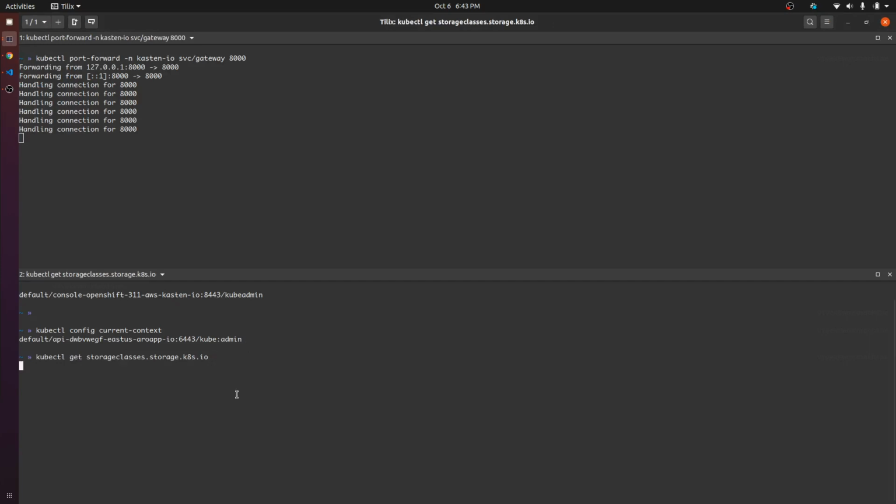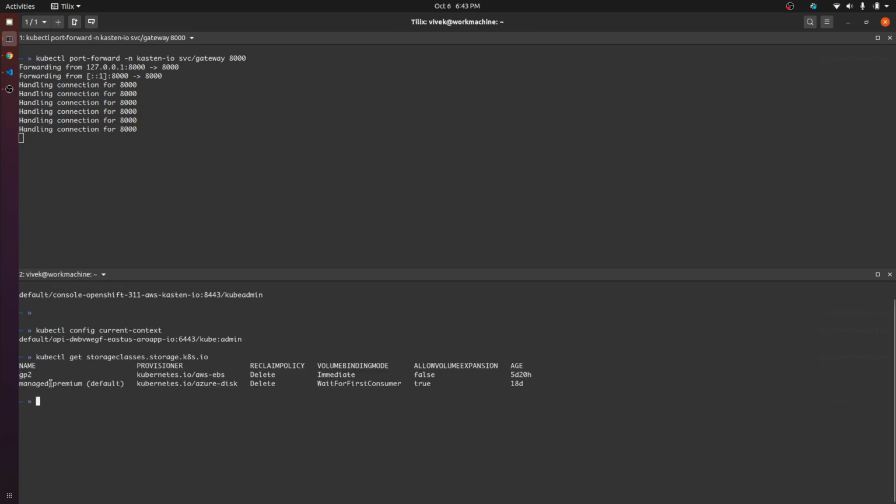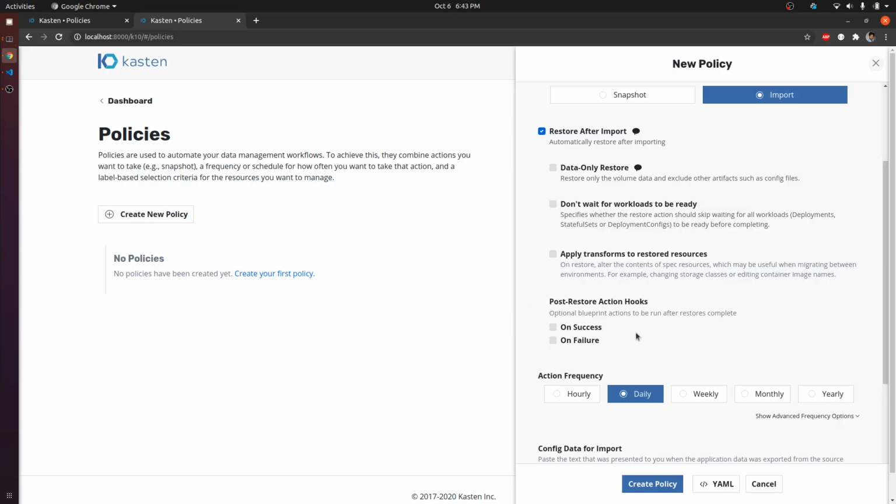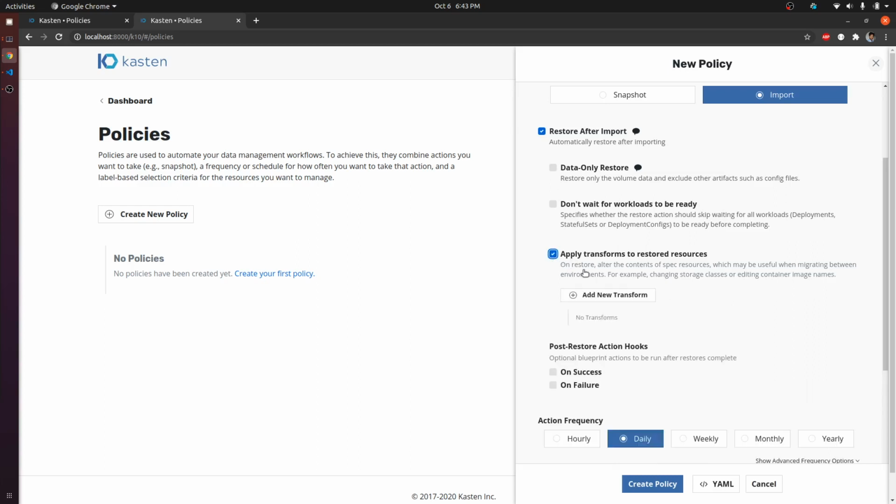So let me quickly go ahead and get the storage class from the target cluster, right? So this is the default storage class, and this is the storage class that we are going to use, and we can use it with this functionality of the K10 platform, that is transforms. So we can apply some transforms to the objects that are going to be restored, right?